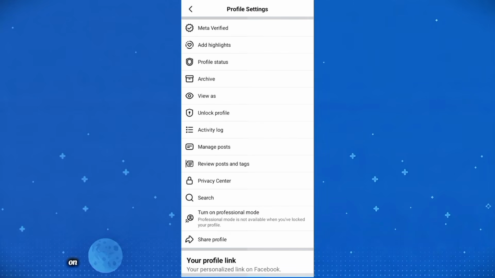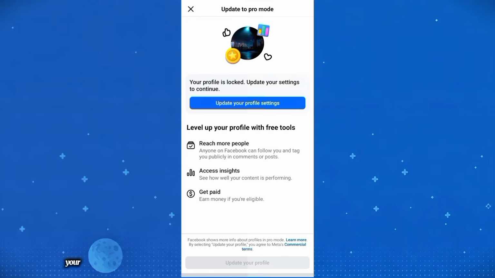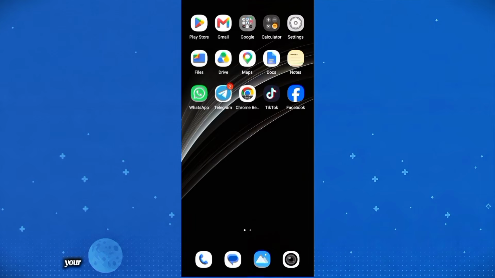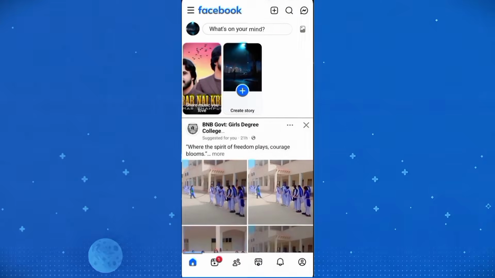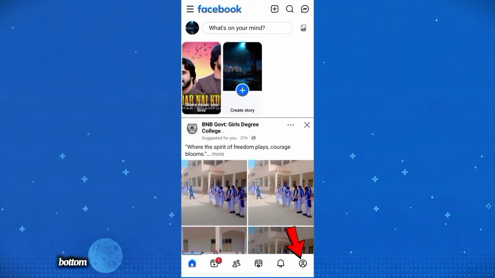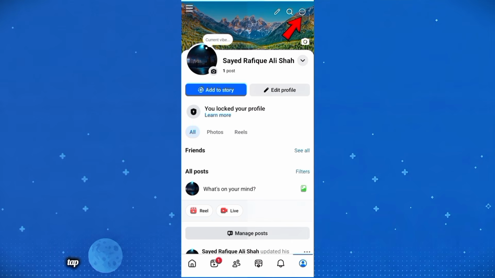If you want to turn on professional mode on your Facebook account but the option isn't showing because your account is private, you'll need to make your profile public first. First, open the Facebook app. Then go to your profile at the bottom. After that, tap the three dots